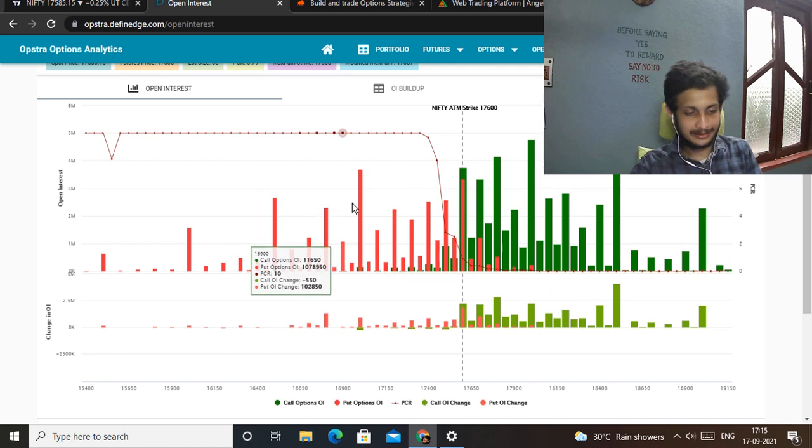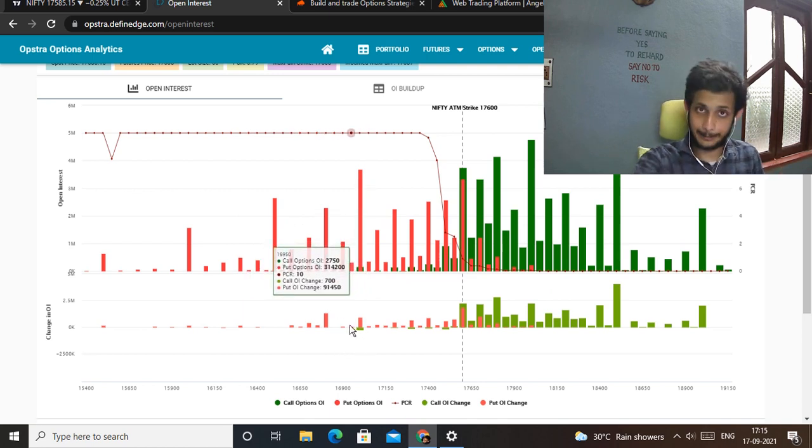Here, I have already shown you the correct approach to first determine the very major support for the market. In order to find out where the market will gain a major support, you will have to find a place where the call option sellers are scared as hell. If you couldn't make out what I said, just rewind and listen. In case you have any doubt with this explanation, please mail me or put a comment. I'll try to make a video separately on this.